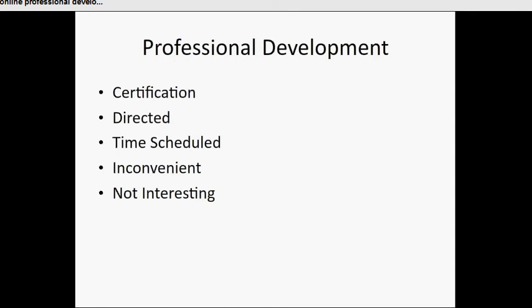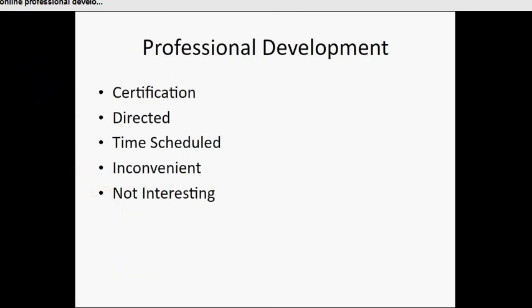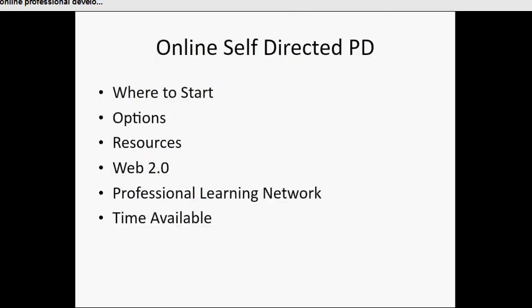They're doing it after school and having to put off some of the other things we talked about after school. They're sitting in something that's not associated with what they teach. So therefore, they're not interested in it, and they're losing interest. So what happens is an educator often has to find their own online self-directed professional development where they can go online, find what it is that they're interested in, sign up for it.